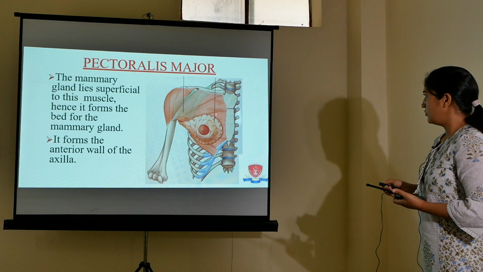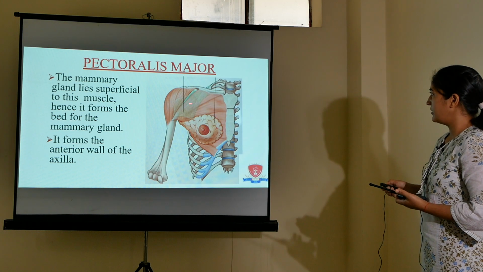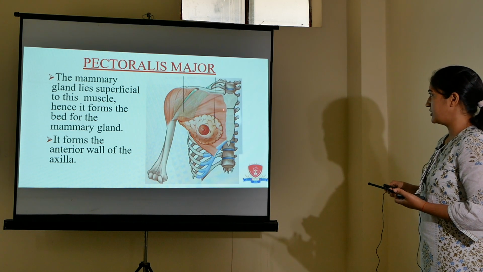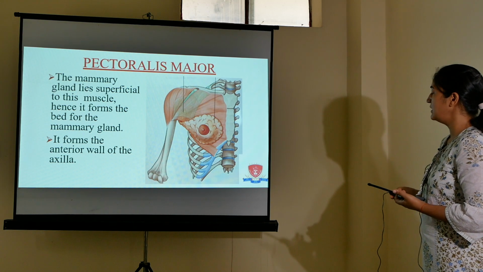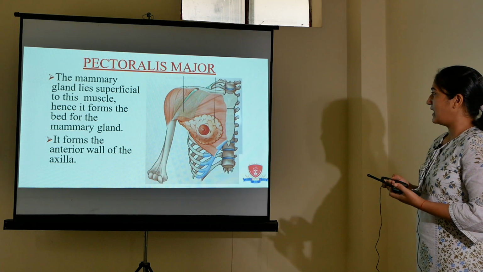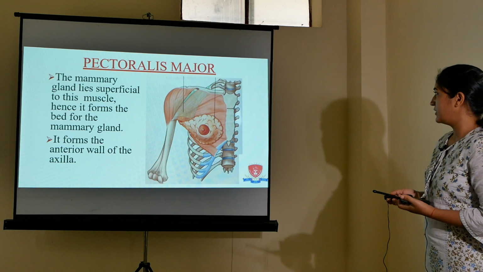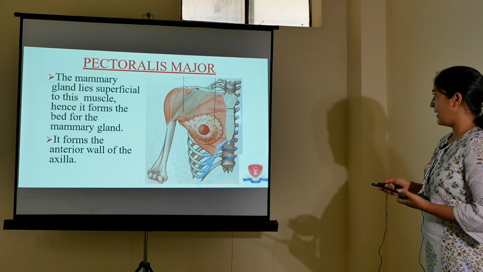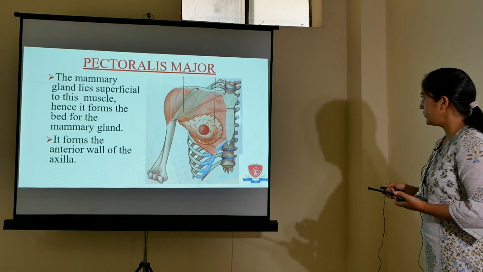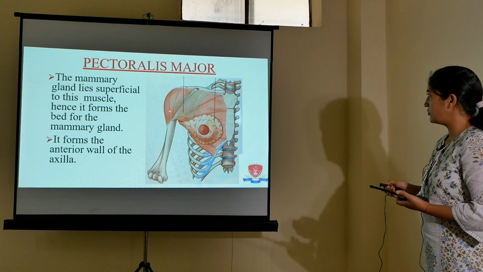Now overlying this muscle is a fascia which is called the pectoralis fascia. Over that there is a mammary gland which is overlying this muscle. So the mammary gland is lying on the bed formed by the pectoralis major muscle. So it forms the bed of the mammary gland, and secondly, if you can see, this muscle is fanning towards